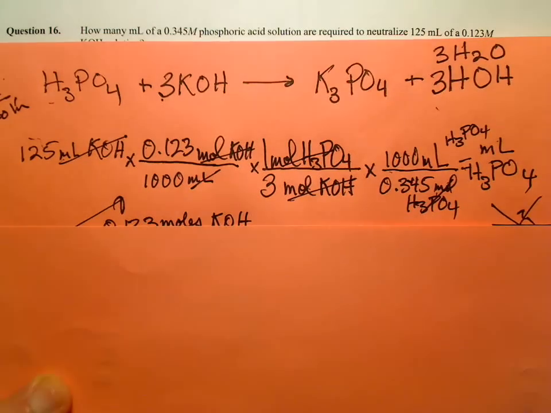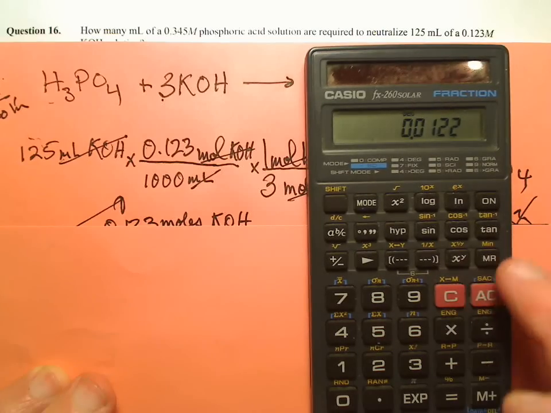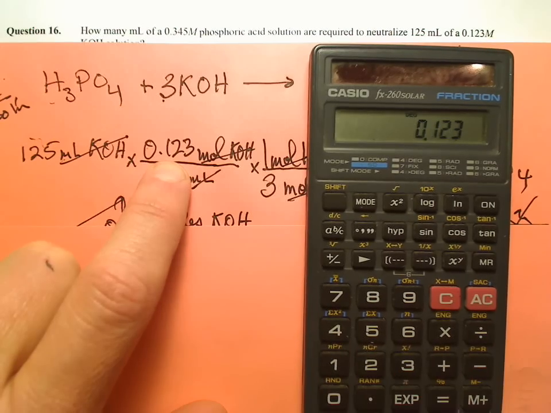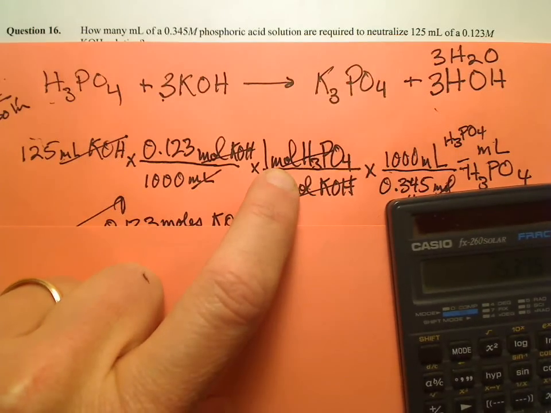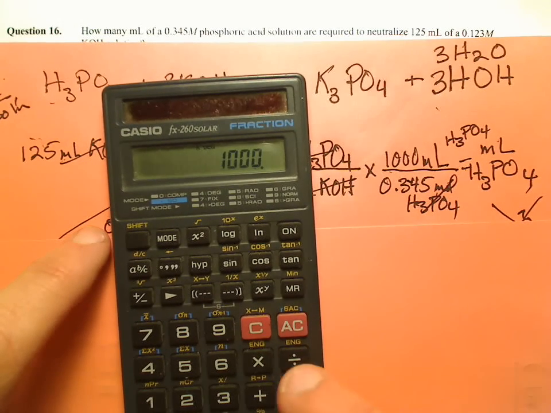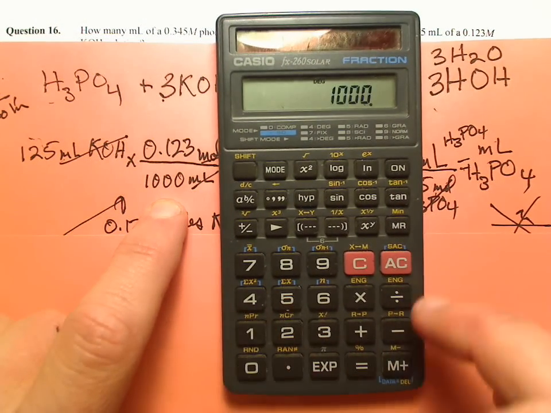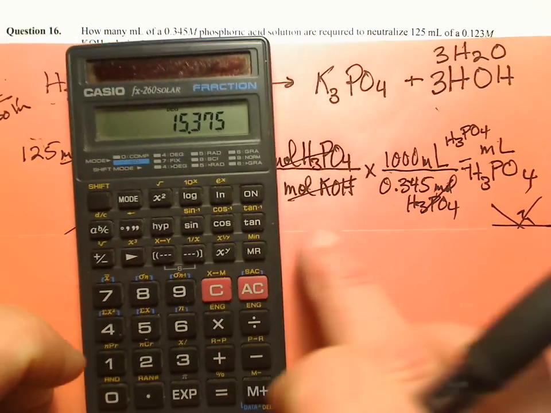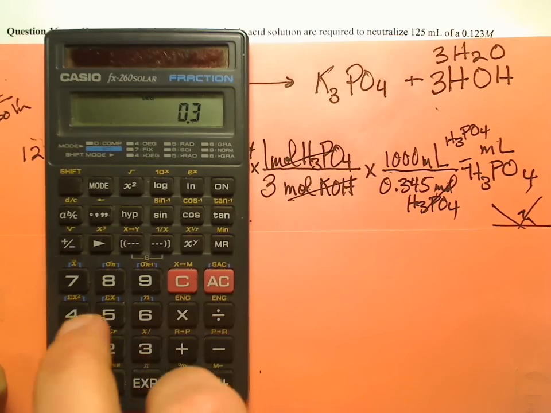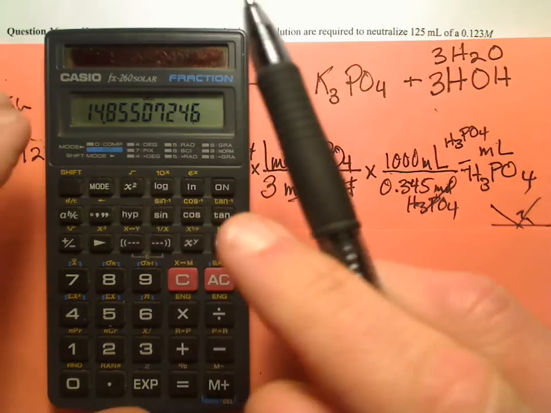So now I have, let's see if I can get this in my calculator here, 125 times 0.123 times, I'm not going to worry about the 1, times 1,000 times 1,000 divided by 1,000 divided by 3 divided by 0.345 equals. So the answer then is what? 14.8